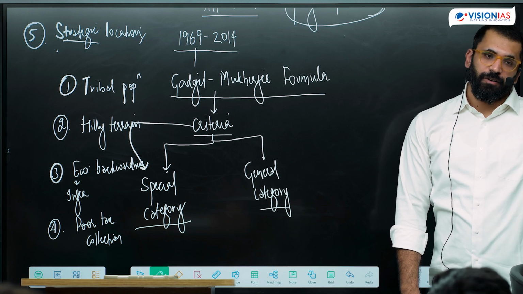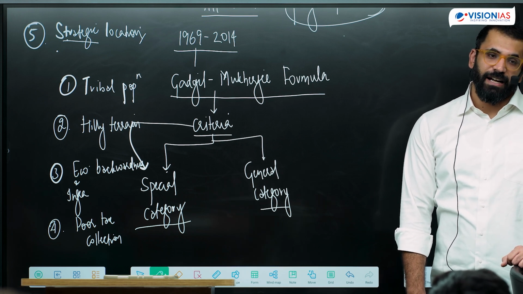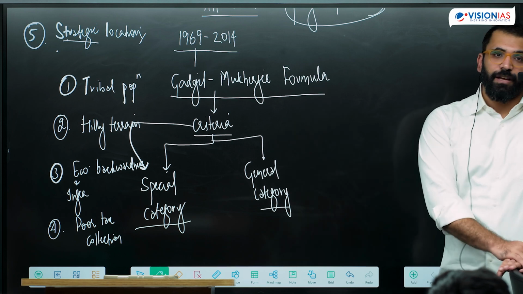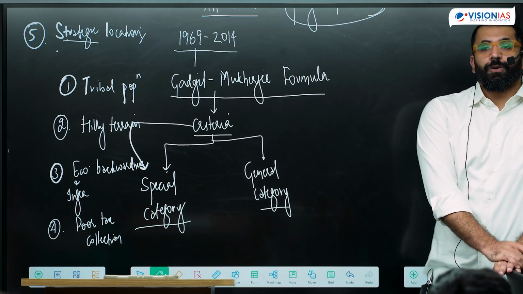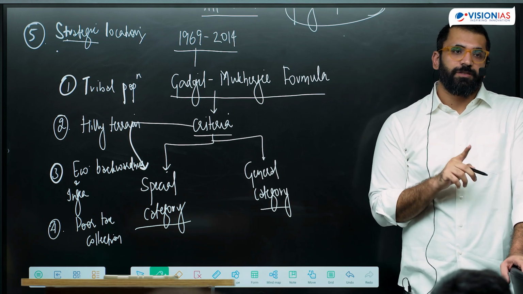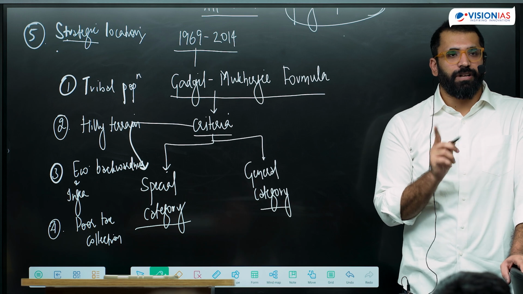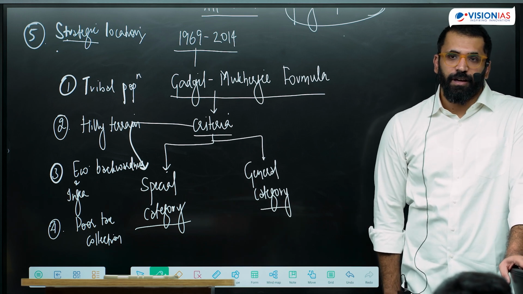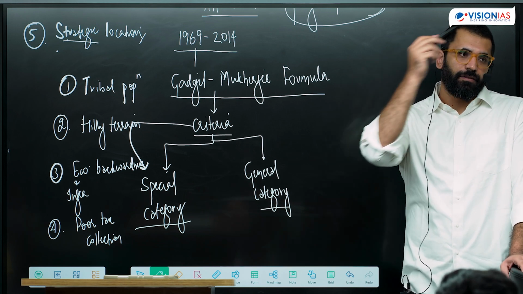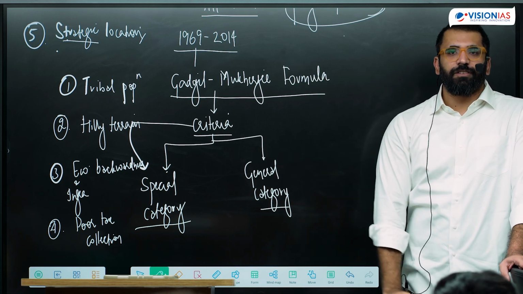Landlocked states like Jharkhand and all these states would also have received it, but they did not. They never received the special category status. Based on these five, the special category status was given to all the northeastern states, Jammu and Kashmir and Himachal Pradesh. With the creation of Uttarakhand in 2000, Uttarakhand was also given the special category status. So the three hilly states, Jammu and Kashmir, Himachal Pradesh, Uttarakhand and the northeastern states were given the status